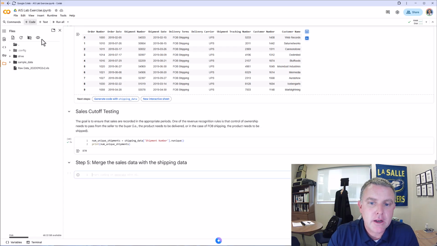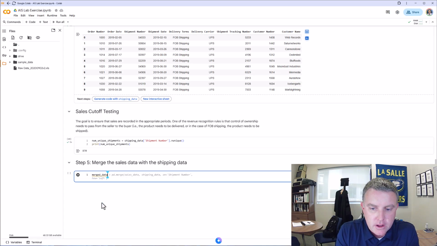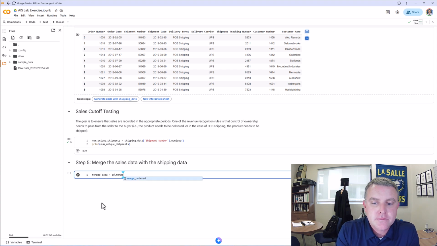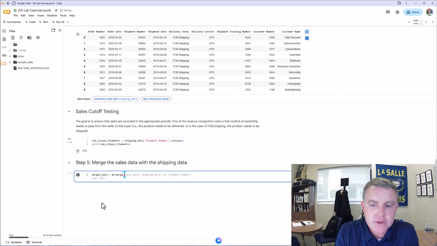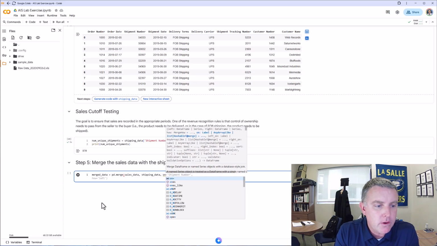All right, so we're going to add a code block, and we're going to create a new table called merged data. The way we're going to do it is we're going to use a function in pandas called merge, and we're going to merge the table sales data with the table shipping data, and we're going to merge it on